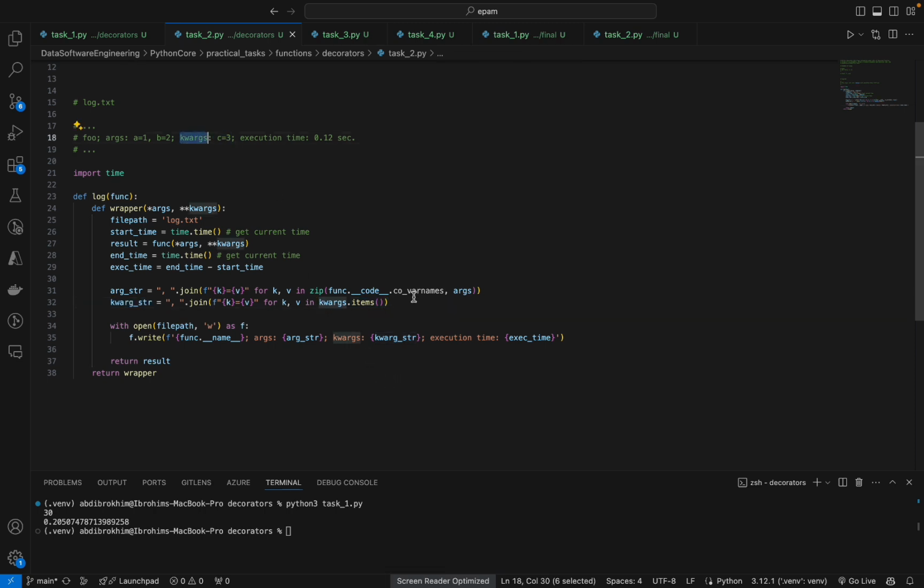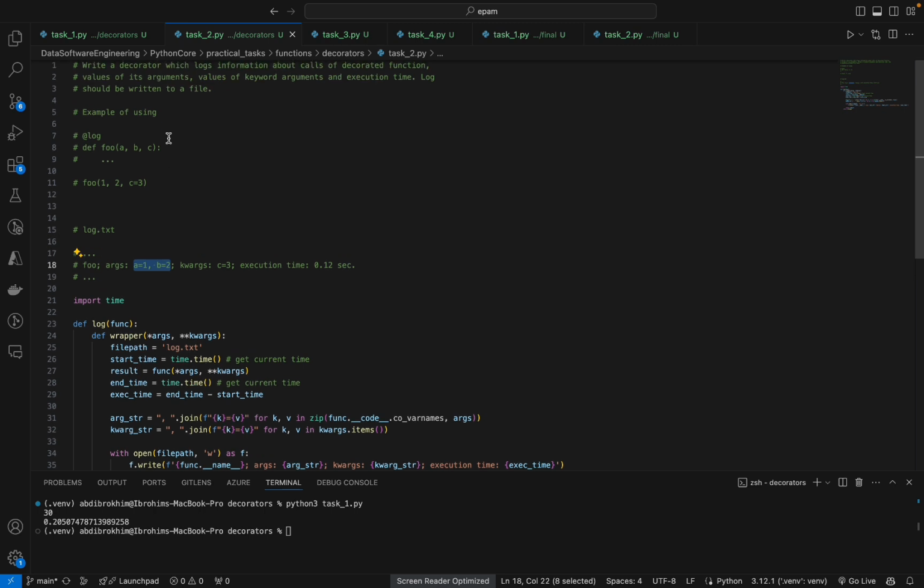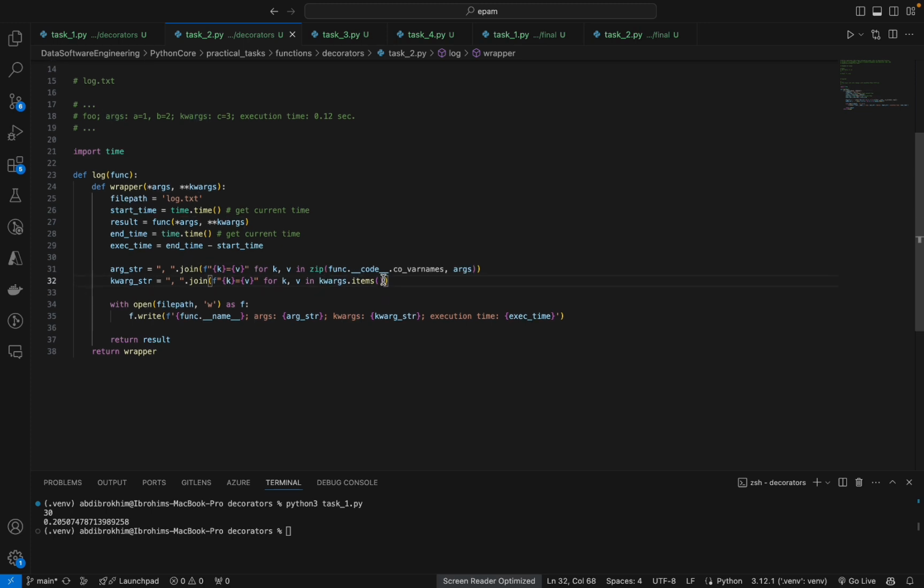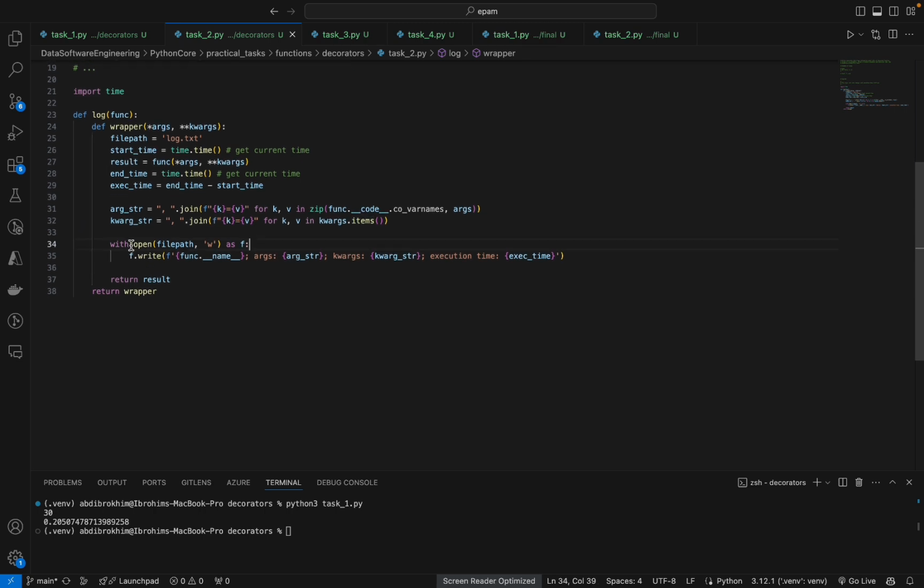Because keyword is a dictionary, we will use items, and for arguments we just pass them one by one. We can use zip and just iterate over our arguments. But here we should use items because it's a dictionary. Okay, and just with open file path as a write, w as file, we can name it file, of course,